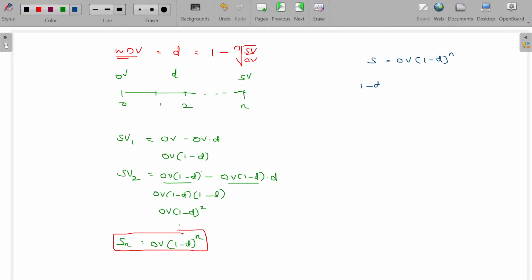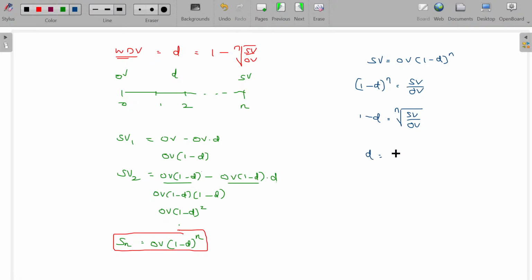Otherwise, 1 minus d to the power n is equal to, you take the original value the other side, so scrap value divided by original value. 1 minus d to the power n, otherwise 1 minus d is equal to, this power n transfer to the other side becomes root n. Nth root of scrap value divided by original value. Is that okay? Now d is equal to